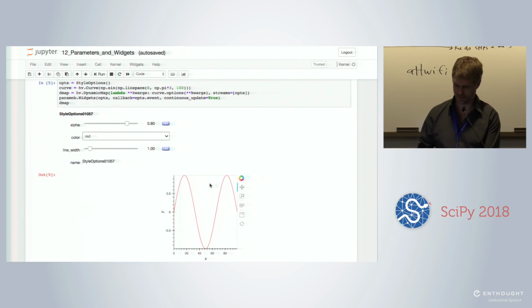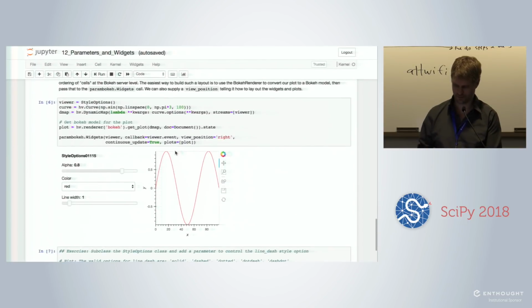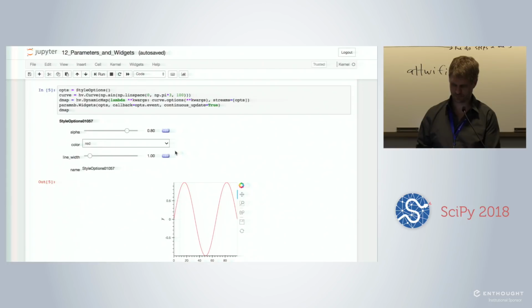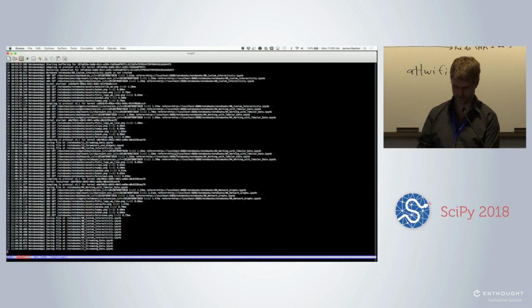Anyway, you can set things up. We already showed this in the very first part. Here what it's saying is that you can set up widgets and in the same cell control any plot you want. And you can do the same thing in the little apps that I showed you. Actually, I didn't show you the source code for the app, which is probably the last thing to show here, which is that 1 billion